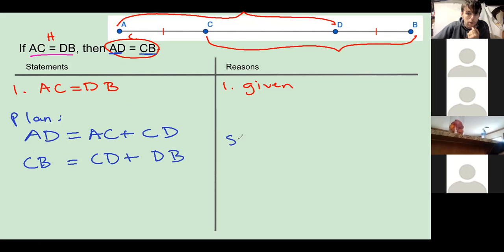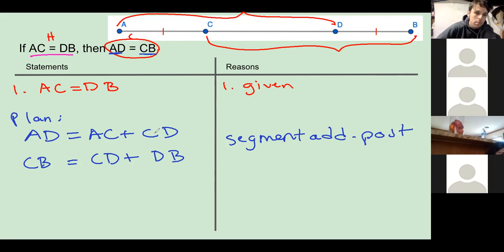And so both of those are just using the segment addition postulate. Okay, now, in some way, I need to be able to put these two equations together, because these are the only equations that I could really write that involve these particular segments. At least off the top of my head, those are the only ones that I could do. So what I see here is,